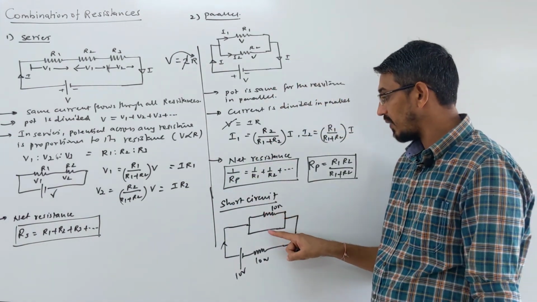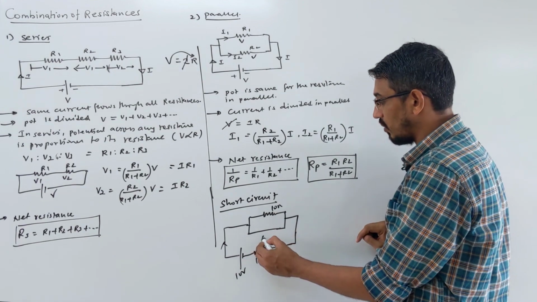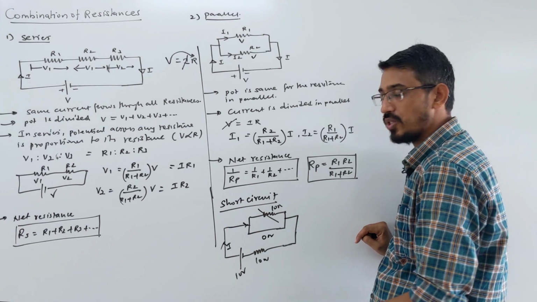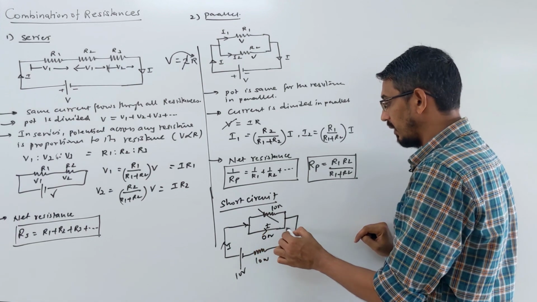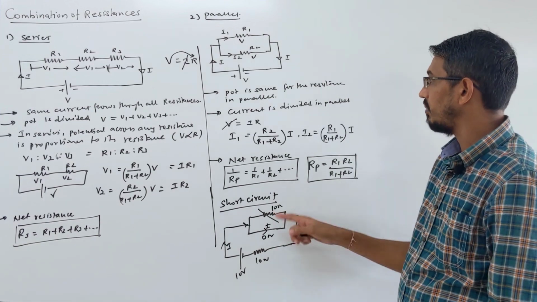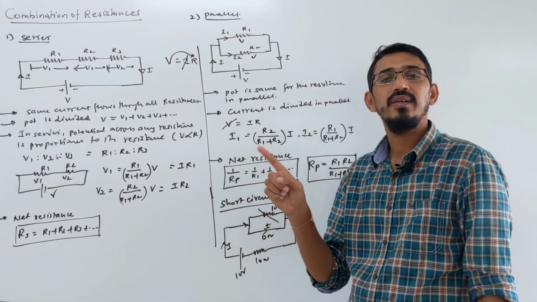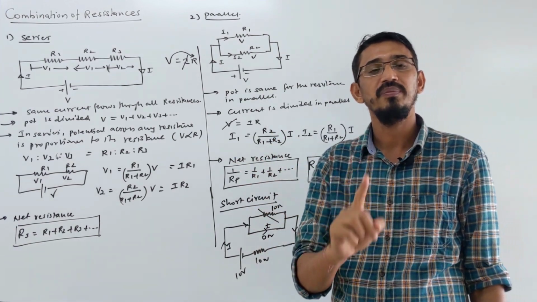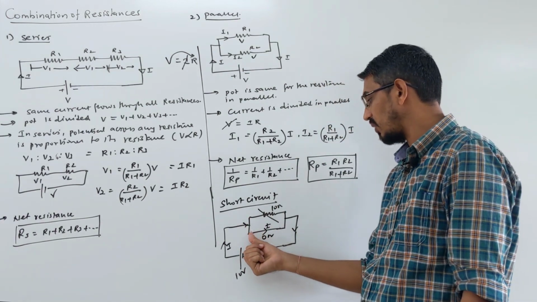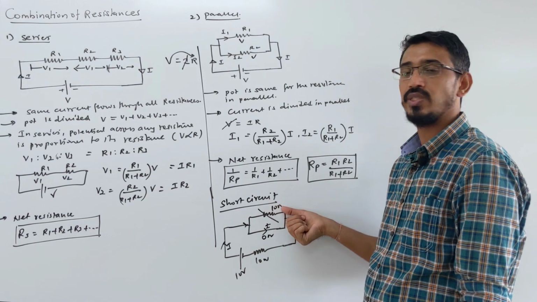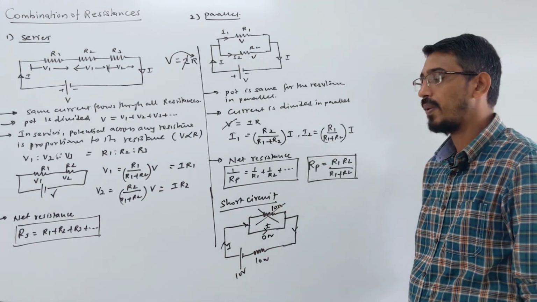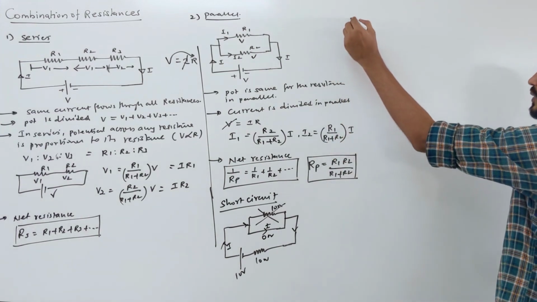So this is a resistance and a wire of zero resistance connected. This has 0 ohm, so what will happen? All the current coming here will pass directly through the wire, and no current will go in this branch. This is called a short circuit, because in parallel current wants to go in the path of minimum resistance, which here is zero resistance. So no current flows through that 10 ohm resistance. Okay, this is also understood.